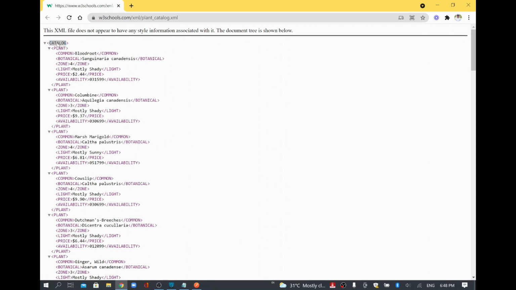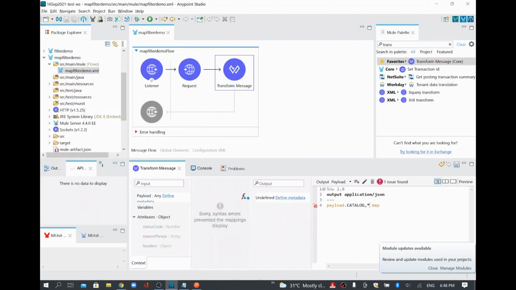So you just put cat log, and then you have something called plant. If you wanted to make this plant as an array, then you have to give asterisk then plant. Okay, so if you give that, then this will get converted as an array of data. Then you have a map. So map has some syntax. You have to pass the